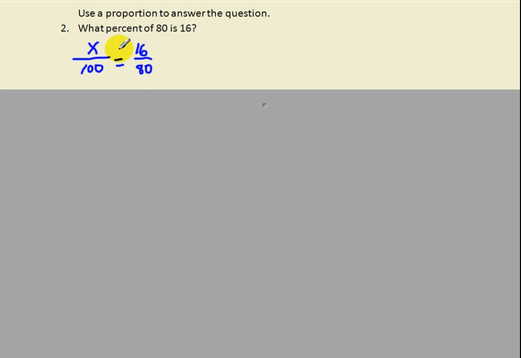Now we can go ahead and cross multiply right away if you want to, and we're going to get 80x equal to 100 times 16 will give us 1600, and then divide each side by 80, and we get x equals